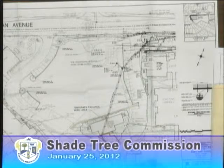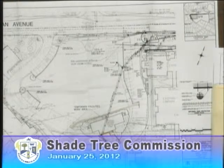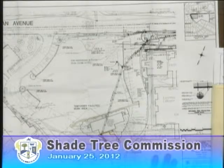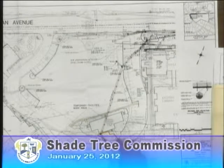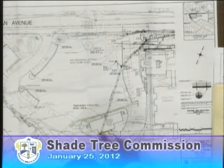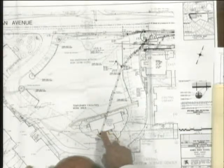This is the area where we have 4 existing trees. There are 2 plum. There is 1 autumnalis cherry, and there is additionally an aristocrat pear. So what we're showing here is tree protection in the way of continuous fencing around those trees. The area between the autumnalis cherry trunk and the edge of the building structure is about 10 feet,